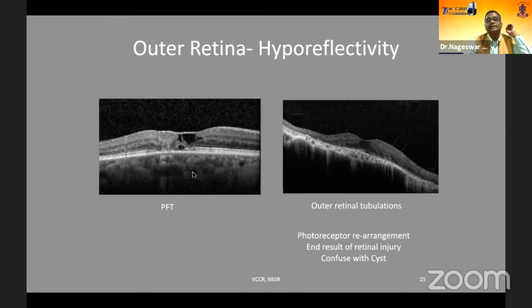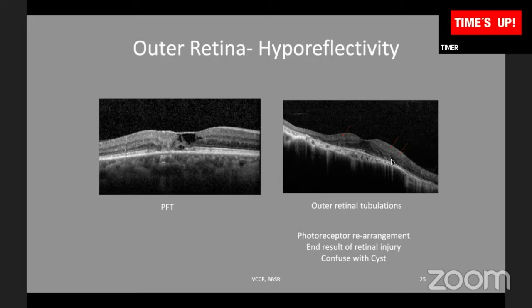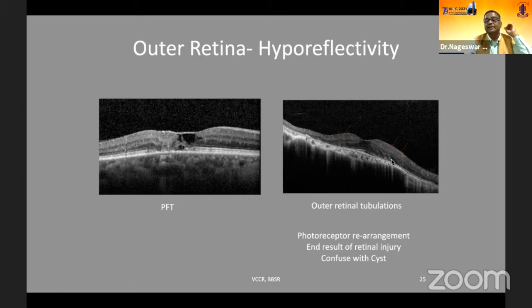Here outer retinal changes, for example, outer retinal tubulations, will come. Sometimes they mimic cystic spaces, but actually these are outer retinal tubulations. They are all important biomarkers which come into play. It is called disorganized outer retinal layers. These tubulations are centrally hyporeflective and surrounded by a circular hyperreflective zone. So these are different from the cystic spaces, which are uniformly hyporeflective. Here it is a central hyporeflective area surrounded by hyperreflectivity. Importantly, one has to differentiate, otherwise you may be treating the patients with so many injections and they may not be responding.